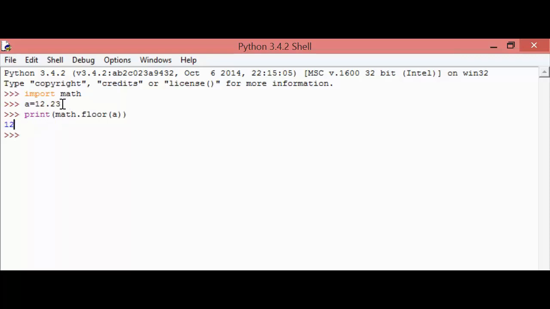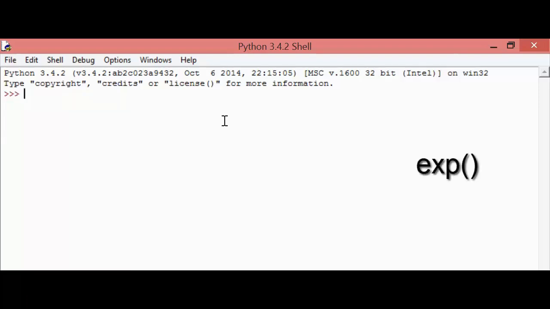Or we can say that floor is used to get the previous integer value of the reference value. So the previous integer value, then the reference value is 12. So if you put 13.34, 14.4, we will get the previous integer value which is 13 or 14. So this is all about the floor method.